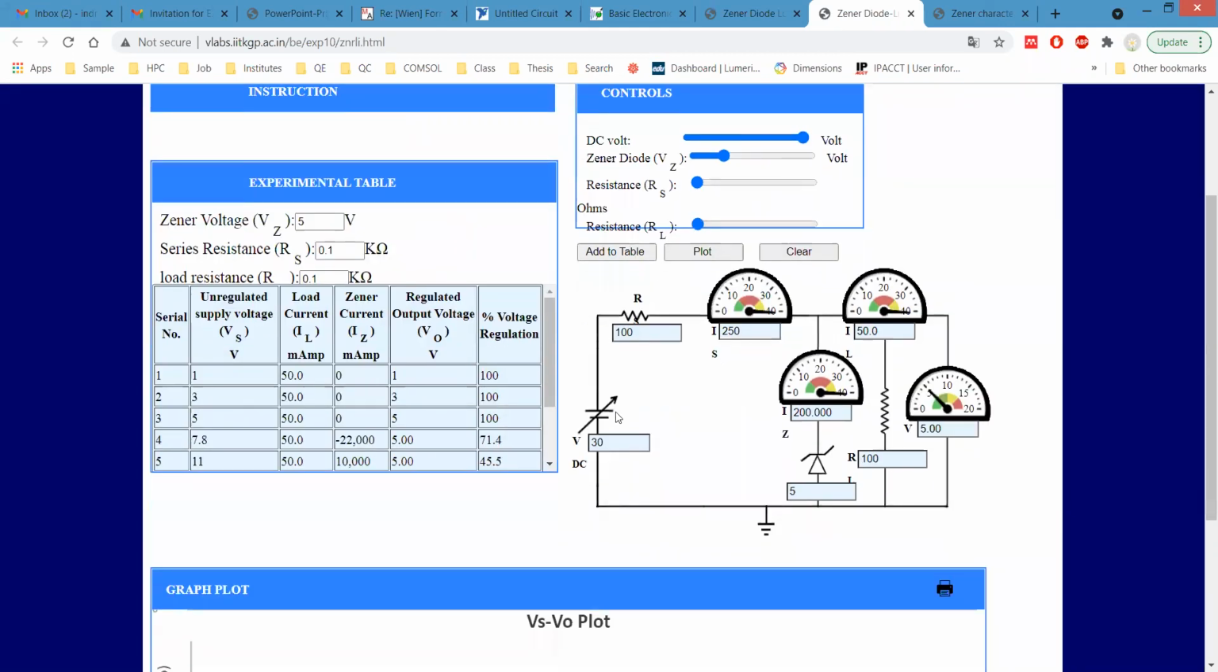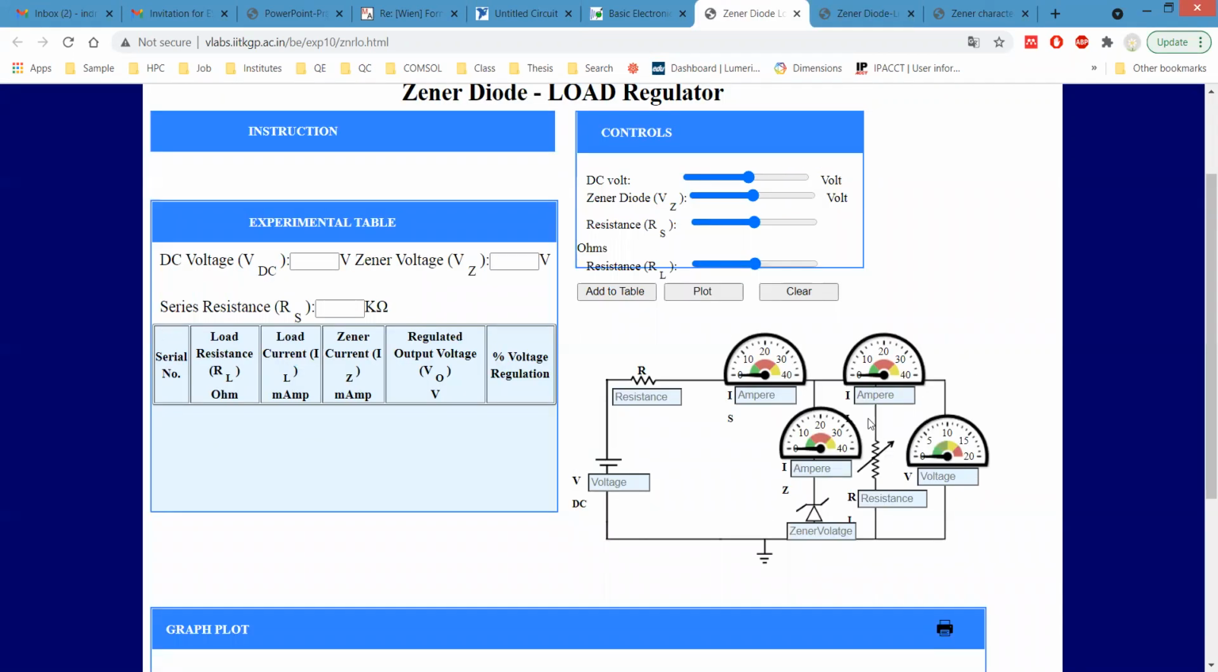So this is the difference, as you can see from here. In case of line regulation, we have a variable voltage source but constant load. But in case of load regulation, we'll have a variable resistor, or variable load, but the voltage is constant. In similar fashion, let's say our Zener voltage is 5 volt, and